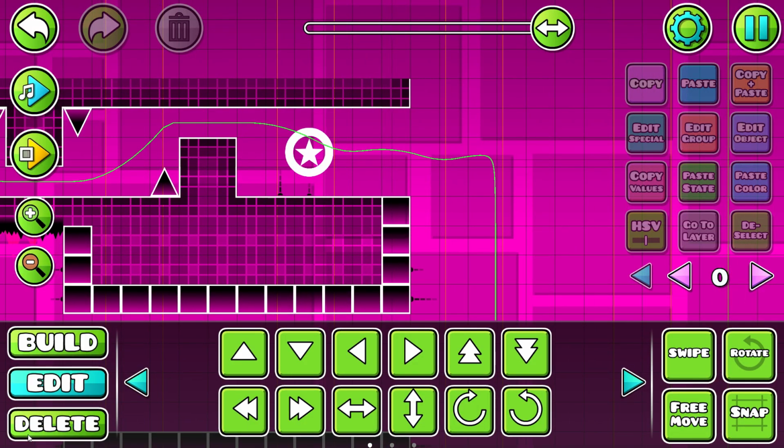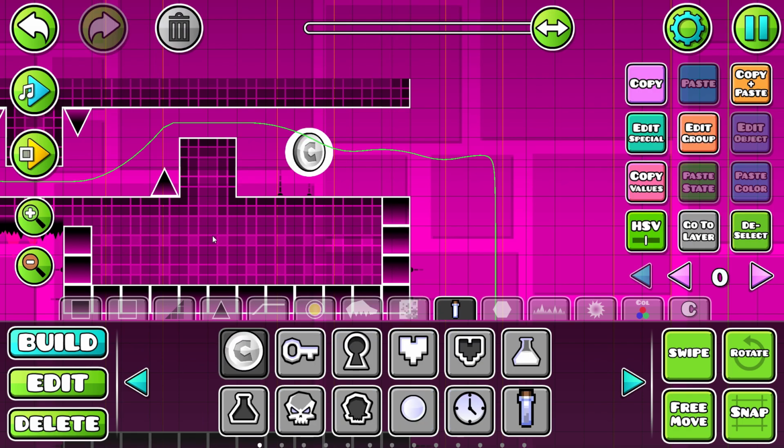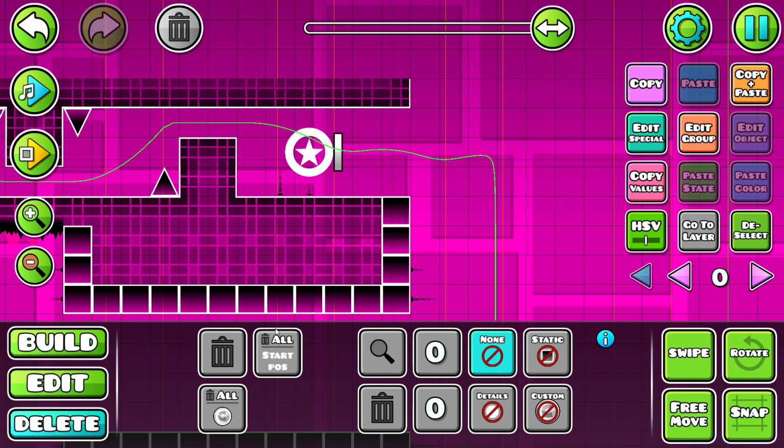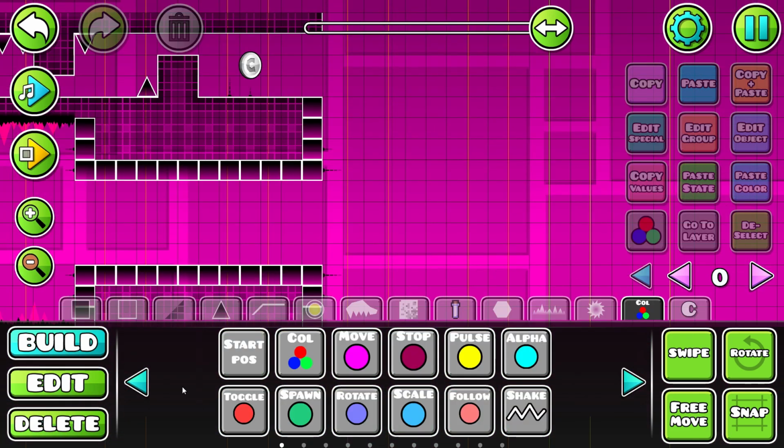So we're just gonna go ahead and place the secret coin right there, or the user coin. Place the coin right there. We're just gonna move it, delete this stuff, and we should be good to go. Okay guys, so one thing I did forget was to show you real quick how to end a platformer level,